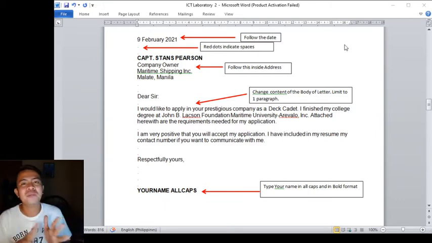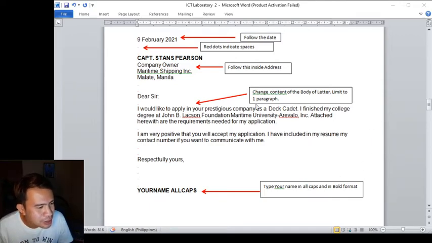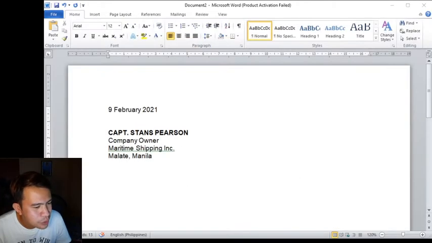Pag nagkamali po, pwede mong pindutin tong hindi pala naka-share yung aking ginagawa, yung tinatype ko. I have to repeat it again. I think so, nandito ako sa okay. So, ang ginawa ko siya, nag-type ako ng ganito ha. Tinype ko na to. So, ipapakita ko ulit. I'm so very sorry po. I'm so very sorry. So, again,